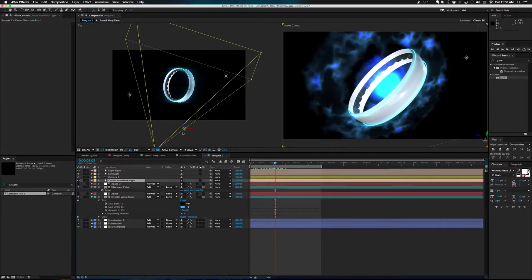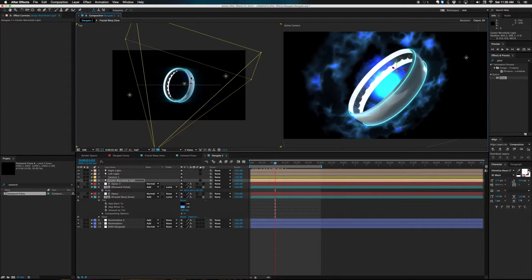If we look at it from the top, it's not in the right place. It needs to be in the very center of our ring. So I'll move it here along the Z, and then I'll move it along the X so that it's in the dead center of my scene. I want to move it down a little bit. Basically, this light is the light coming directly out of that wormhole, and it's going to light my ring that